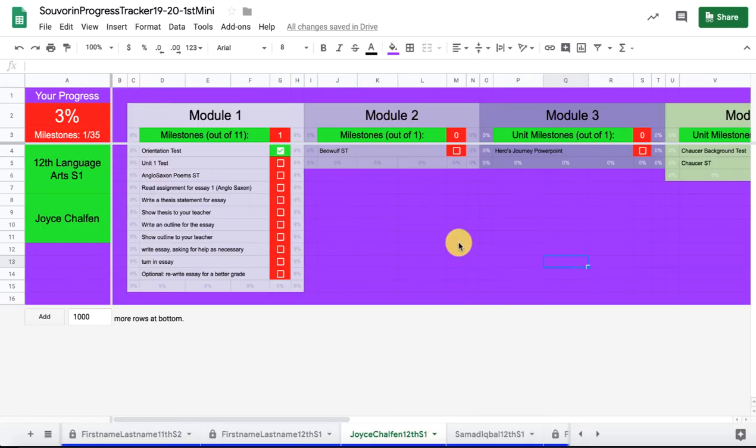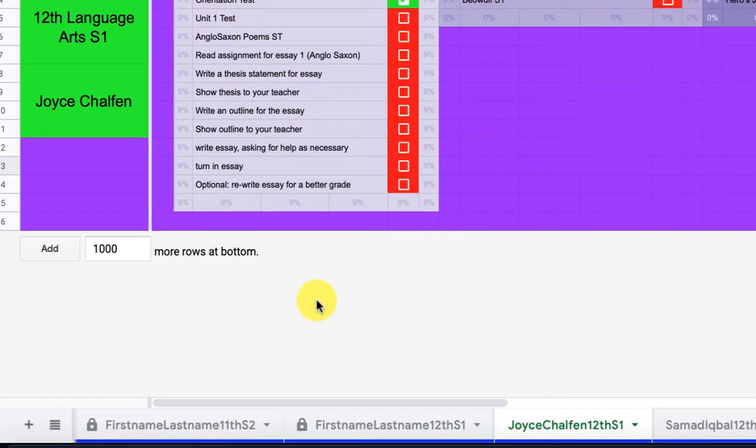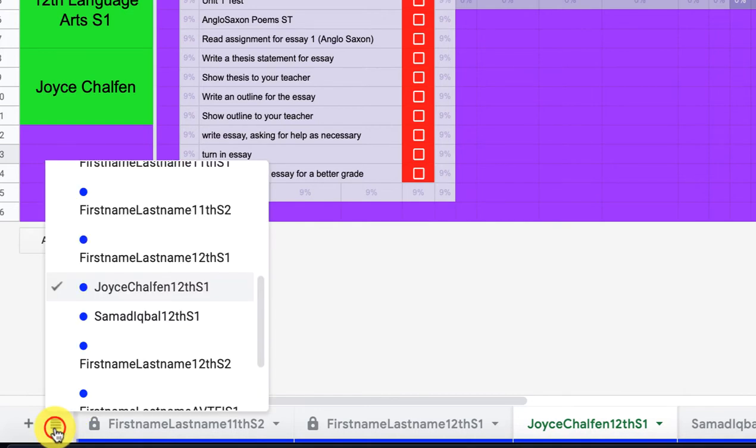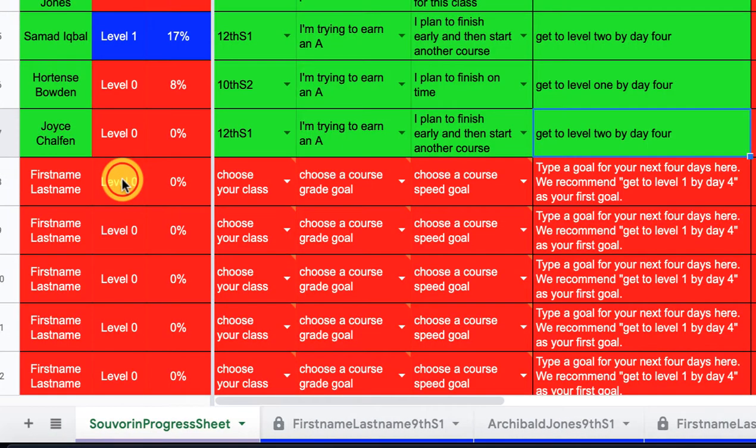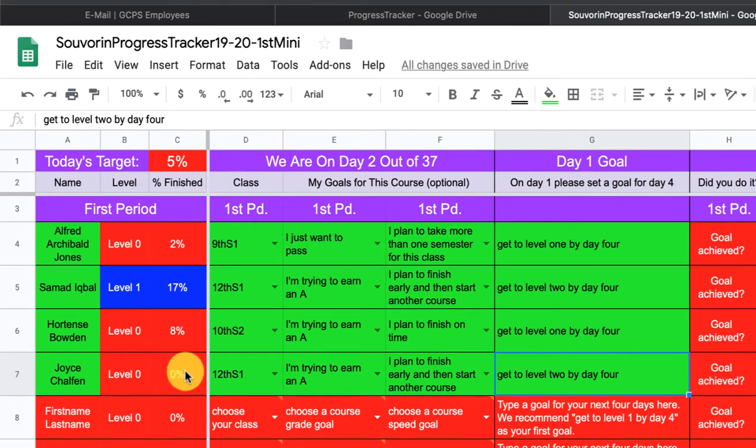The next part's going to get a little bit tricky, so follow with me closely. First of all, we need to switch back to the main sheet. It's the teacher name progress sheet, so go ahead and use the All Sheets button to click on that. And next, we're going to program this 0% right here, so it's pulling your actual percentage. When you're at this cell right here, pause the video until you get to that cell, and then resume, and